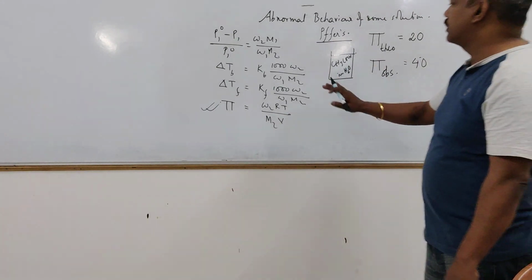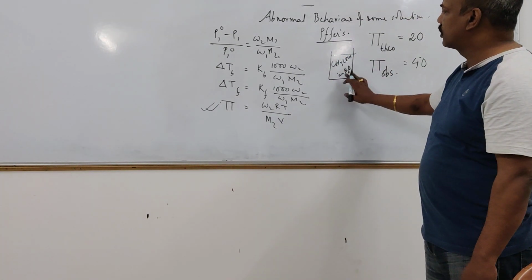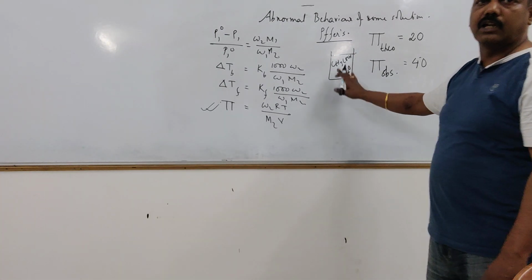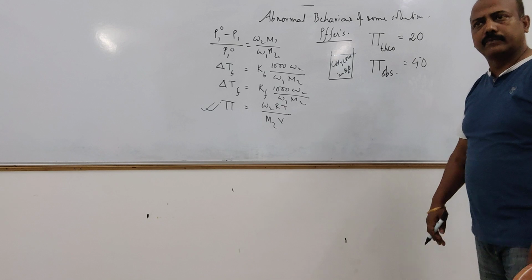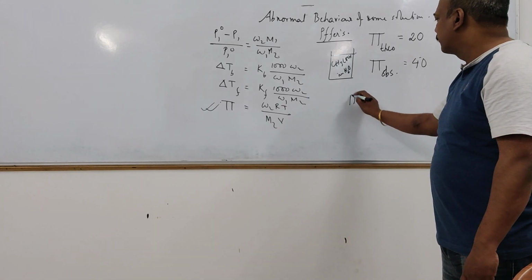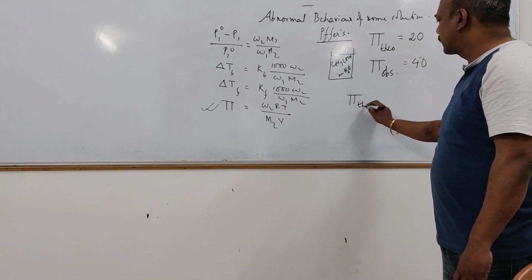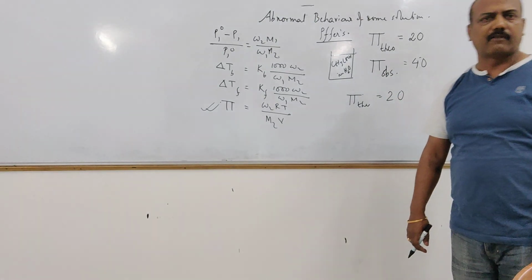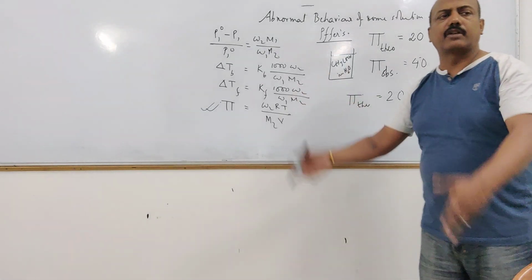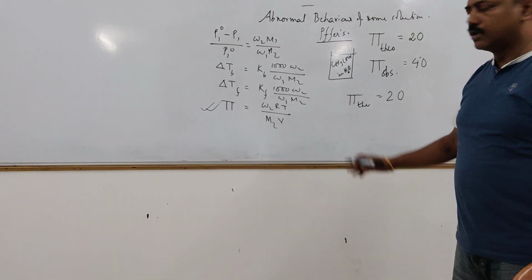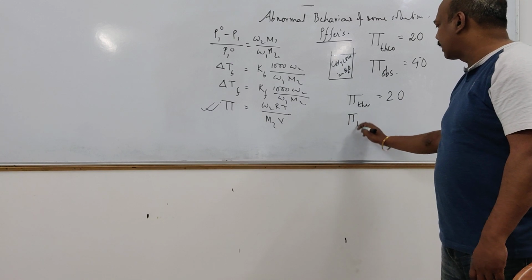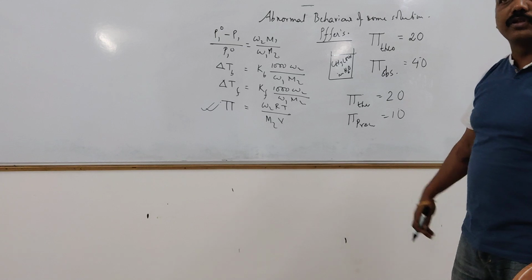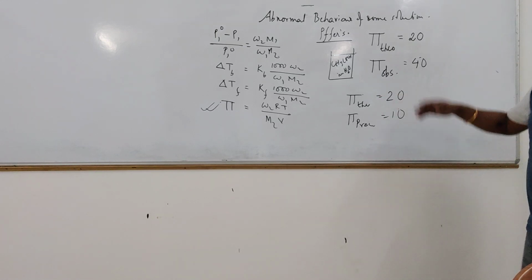Okay? So for example, suppose I had given you a solution of CH3COOH in water. I gave you all the data related to that, and I told you to find out the value of pi. So you calculated the value of pi for this, and you got the theoretical pi equal to 20. Then I said go and do it in the lab and tell me the value. You did it accurately, and the practical value of pi is equal to 10. So it is not necessary that it will increase.